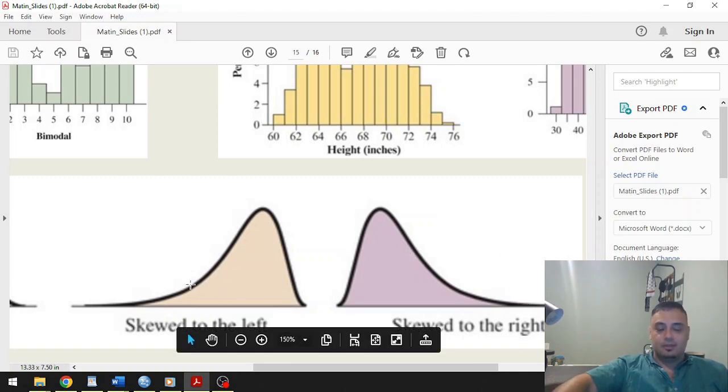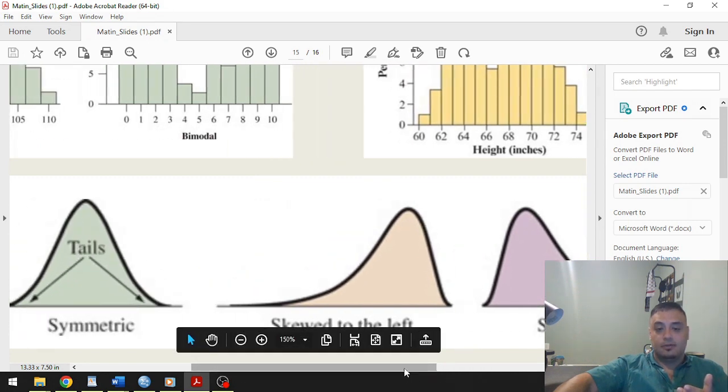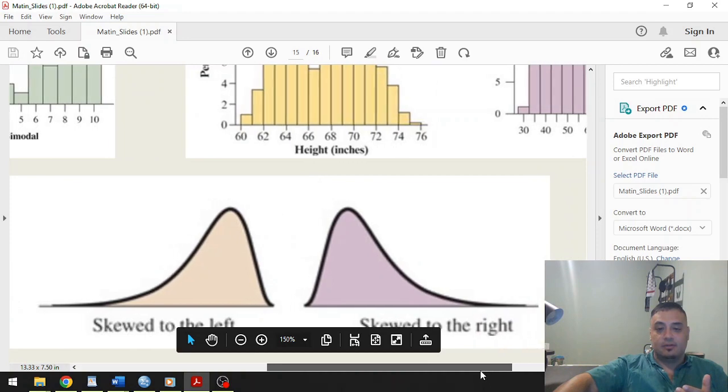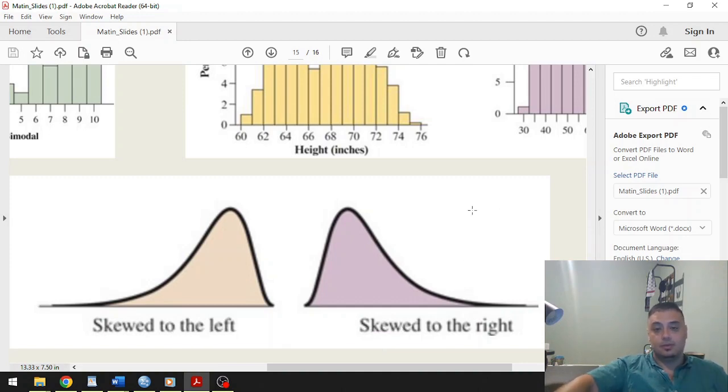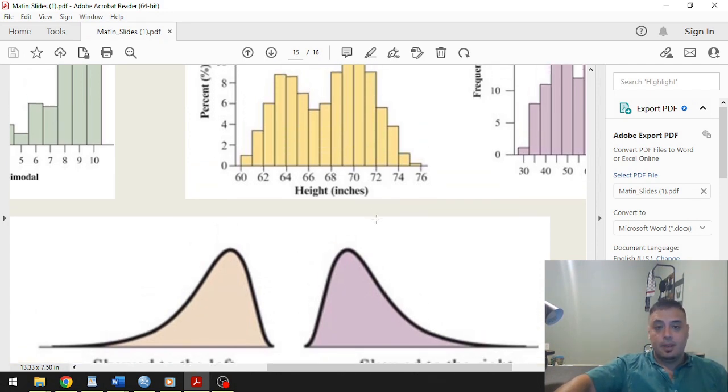So a skewed distribution, left having a left tail, right having a right tail, are also indicators that your distribution is not normal. It's not symmetric. It's not a normal curve shape like this one. So this also helps you designate what type of statistical test may be the most appropriate to use to do a univariate analysis. And then